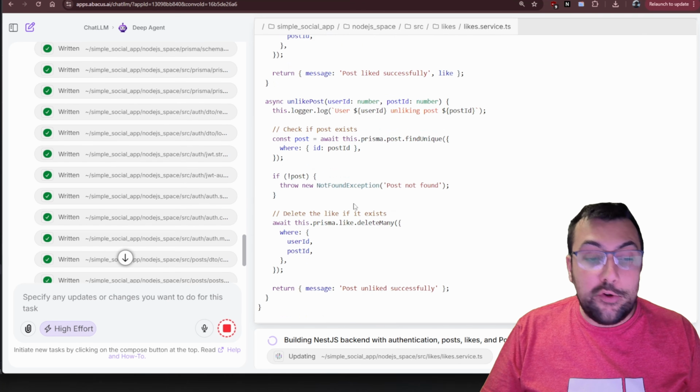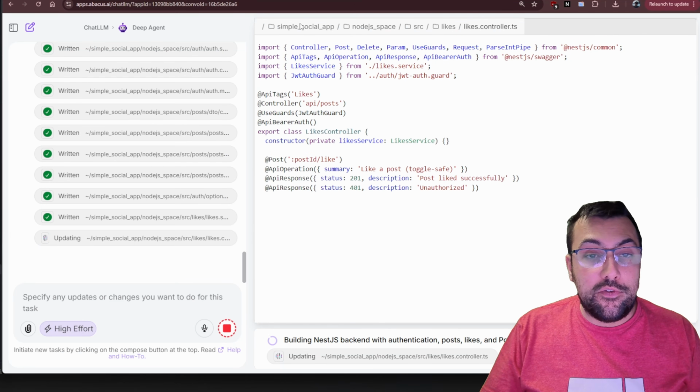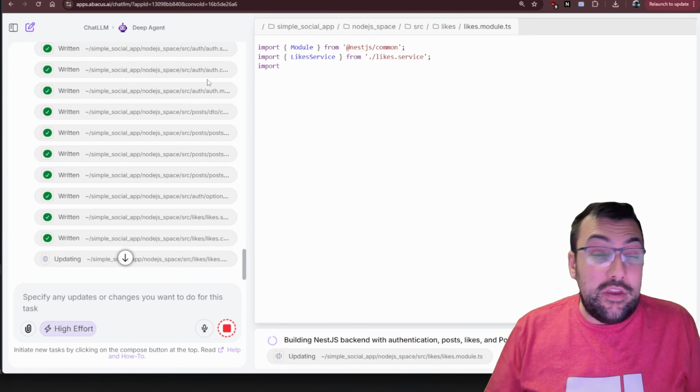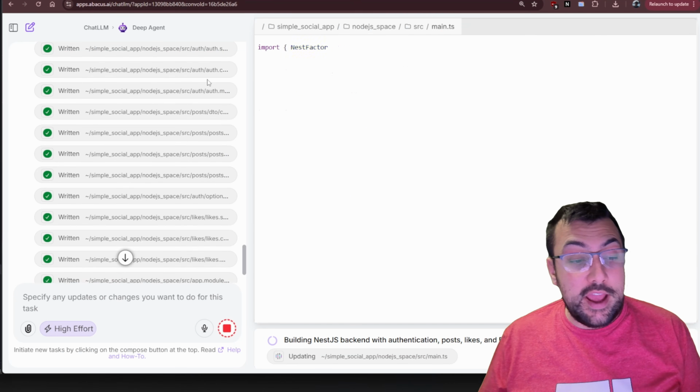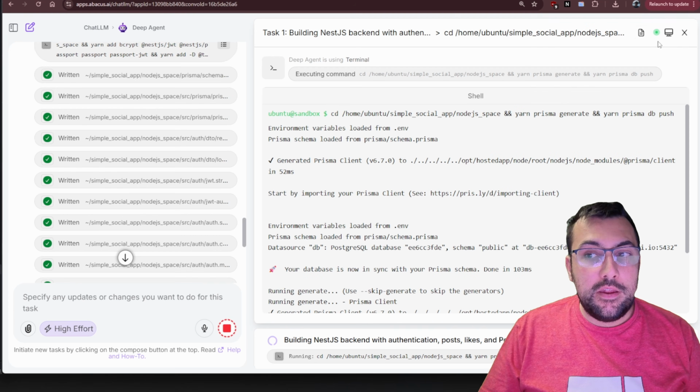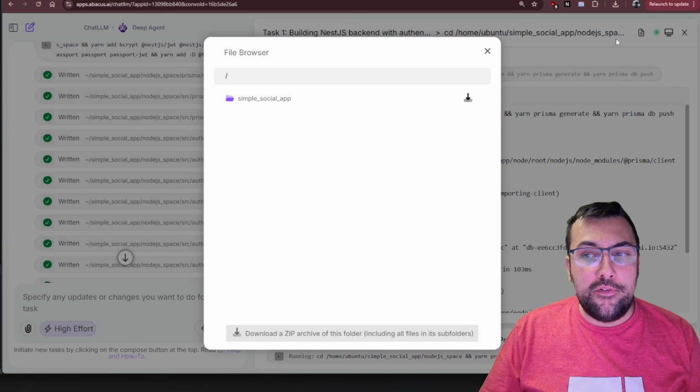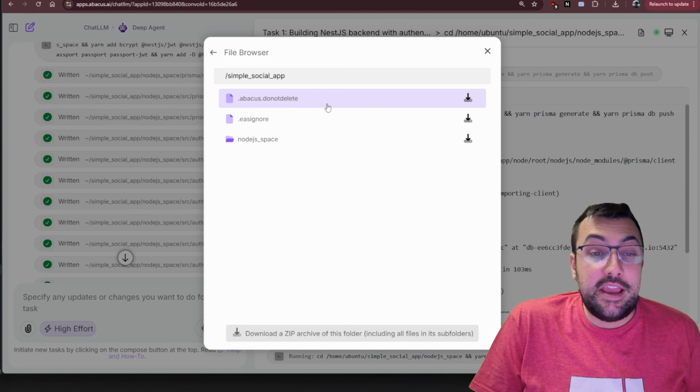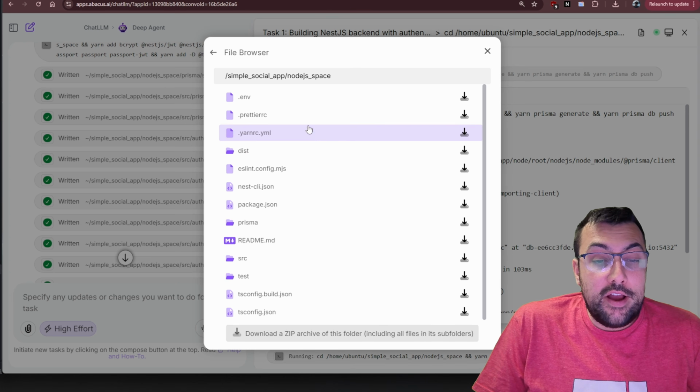So we can see the first task is going, and it is just working away. So this is Deepagent working on our social media app, creating all the files that we need. Now in the top right, we have some options. So you'll see this little file icon. We can click it and you're going to see a file browser of all the different files that are being